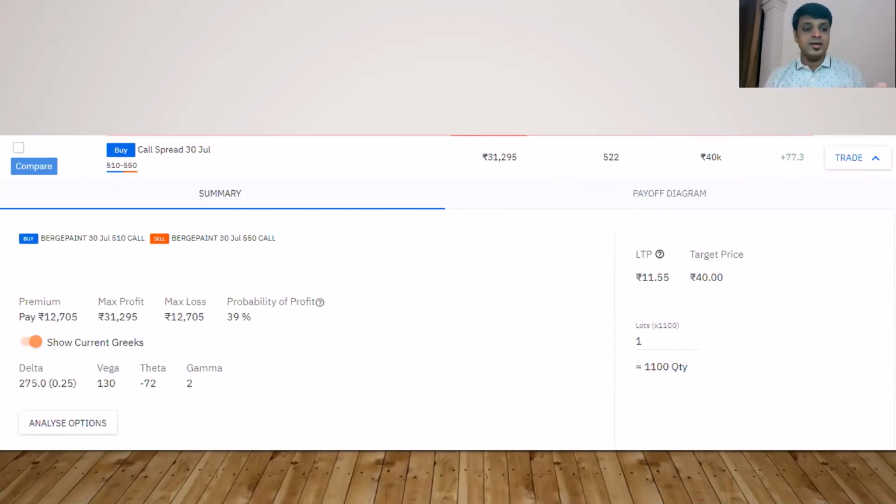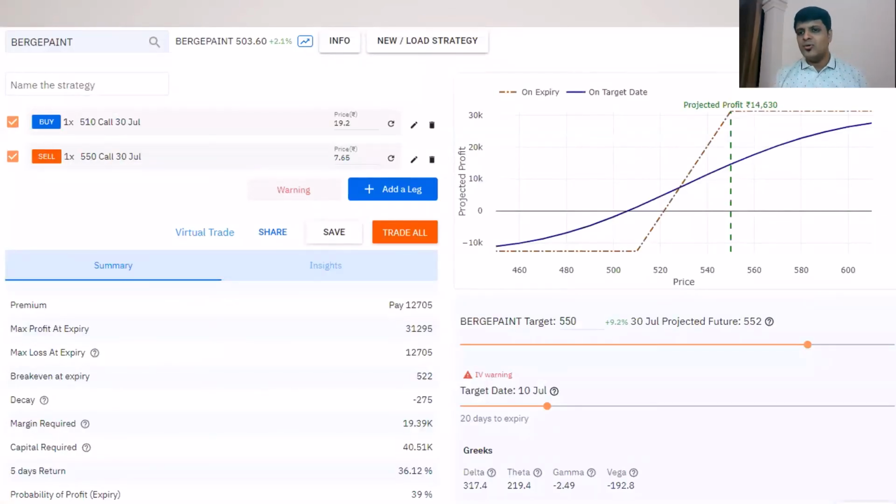And I looked at it and they said could have a potential profit of 31,000. And I just checked the numbers. So normally I don't hold it for the entire month. So if I were to hold this, say I was targeting 550 by the end of this week, I tweaked those numbers to test it. And if I were to use this hedge option, you can see that I would probably get